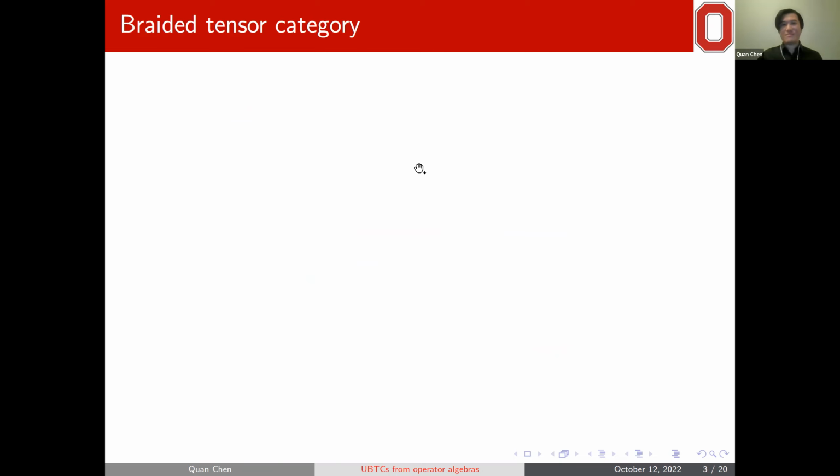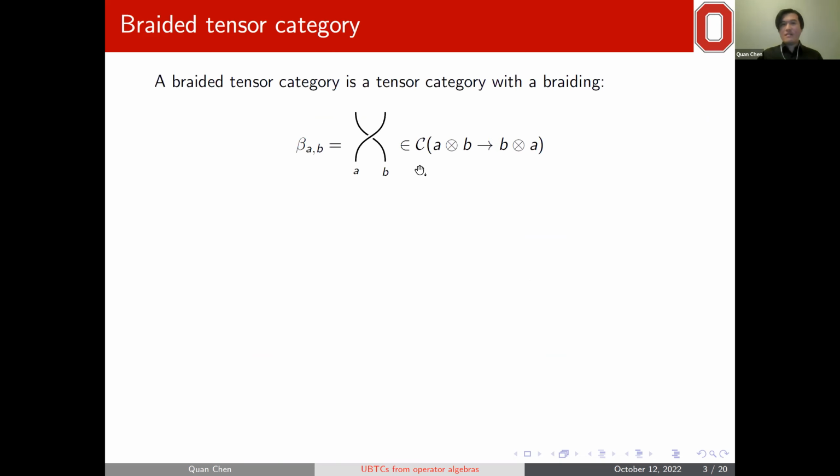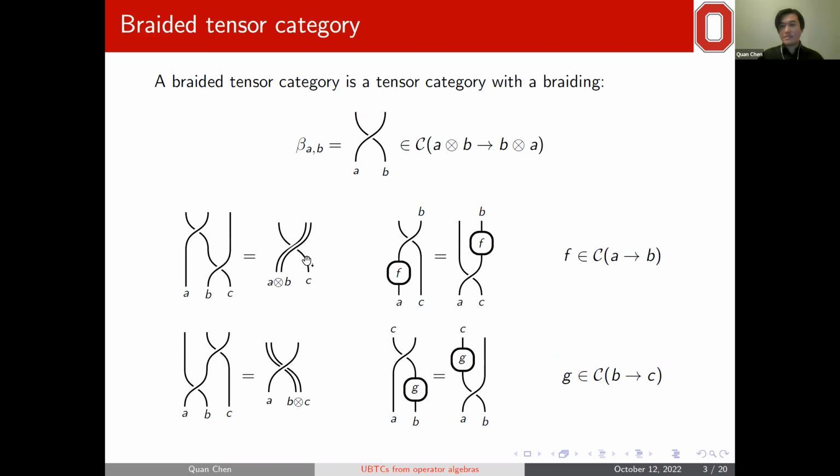So let me introduce what the braided tensor category is. The braided tensor category is a tensor category with a braiding. The braiding beta AB is a morphism from A tensor B to B tensor A. And this should be an isomorphism and satisfy the coherence conditions. That